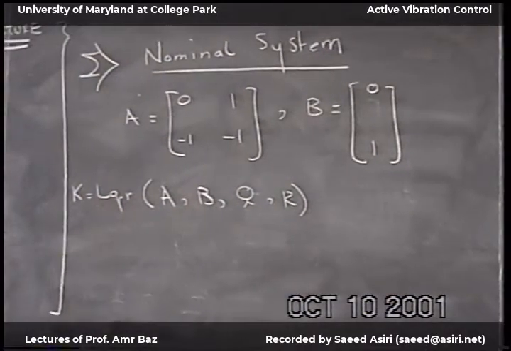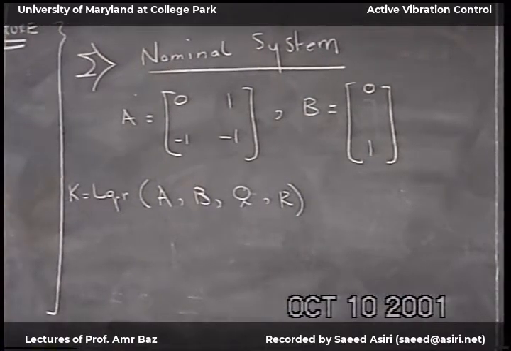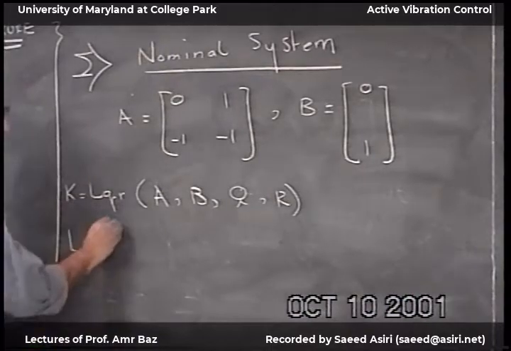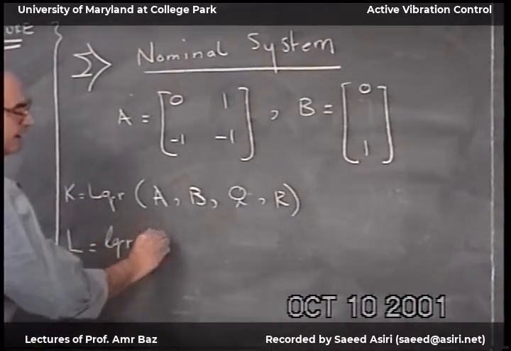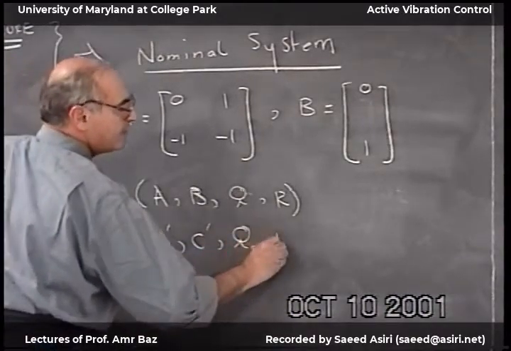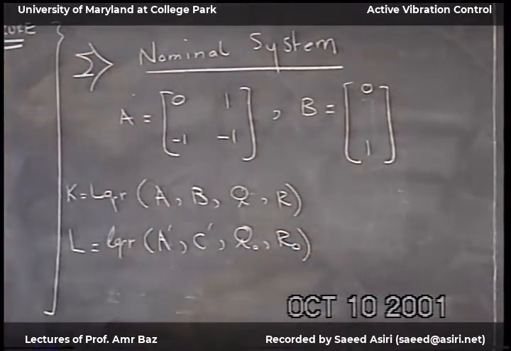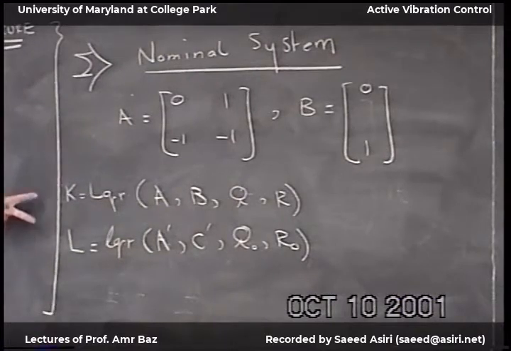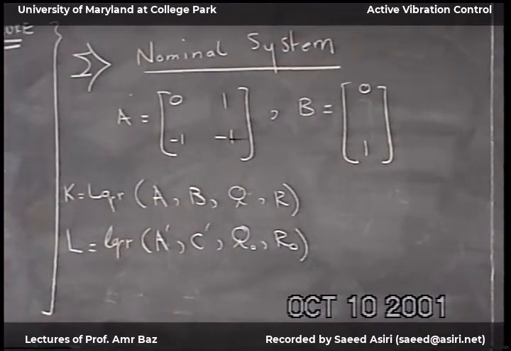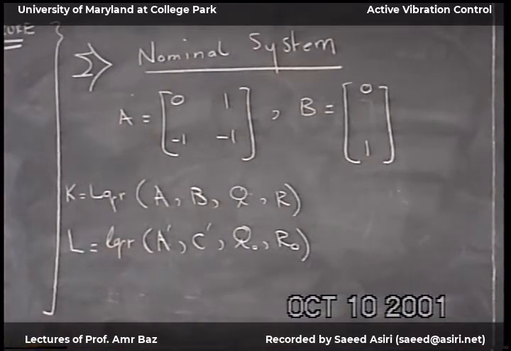And the same for the LQG. I'll use this, and then I get the L, A transpose, C transpose, U0, and R0. Now I'll use these with the actual system. Okay? But one very important thing is